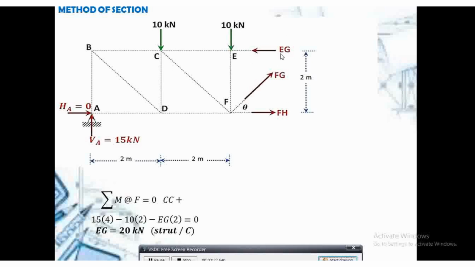Ay, nasolve ko na yung isang unknown, si EG. Next, I'm going to take summation of forces along the x-axis. FH is to the right, so that's positive. Minus EG. EG is to the left, so that's negative 20. Plus the